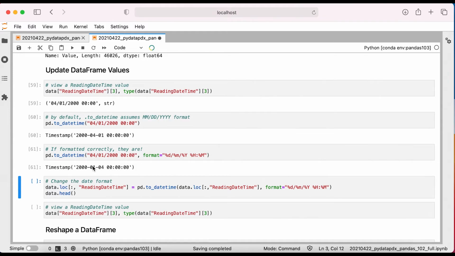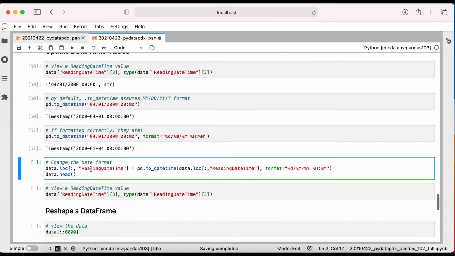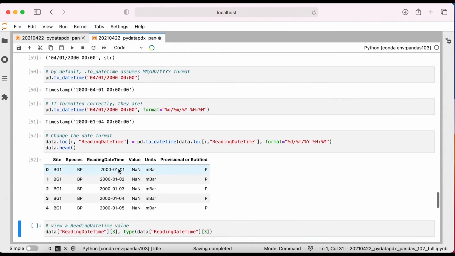I'll update the entire column, reading date time, by passing that column and the format string to the pandas toDateTime method. I'll check the head of the data frame and see that the update has been made successfully, and the reading date time column is a timestamp.